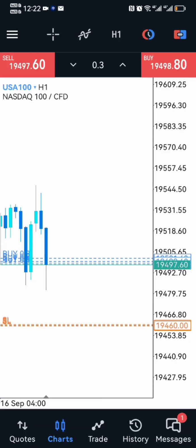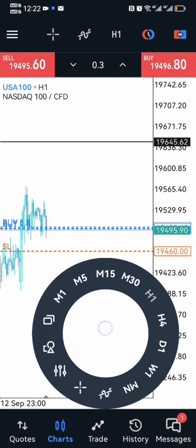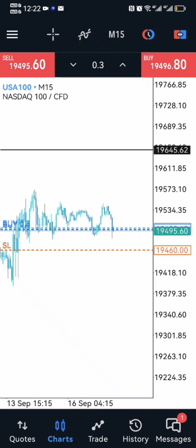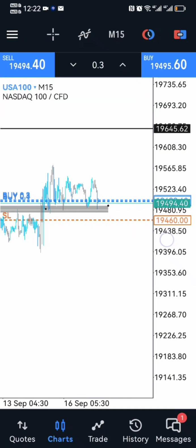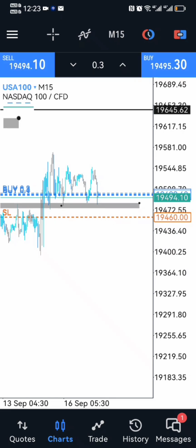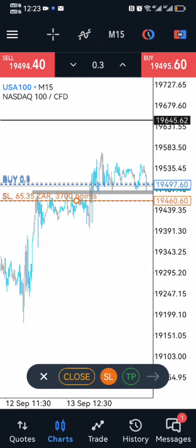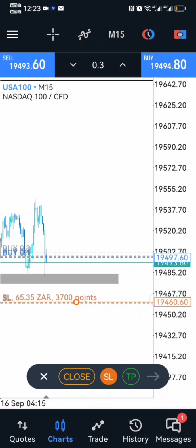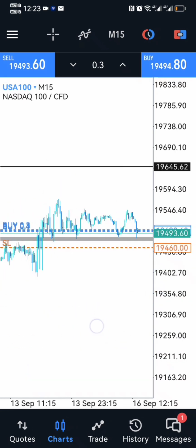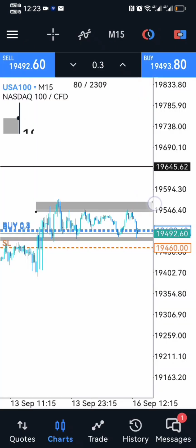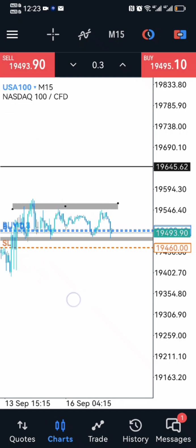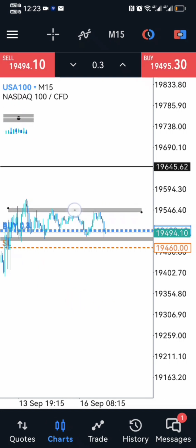So okay, we're still here, and let me go ahead and mark the zone so that I know how the market is going to react and how it's going to move. Now I think I have to mark this zone again, but I think I see a long-term buy. I wouldn't mind holding this for a little while.